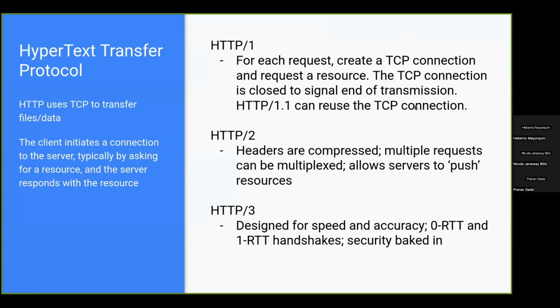So HTTP 2, we had header compression, which allows it to take up less bandwidth, and then multiple requests can be multiplexed, and servers can push resources. We'll look at this in more detail later when we look at requests and the timing graphs and so on. And finally, HTTP 3 is designed for speed and accuracy and has 0 round trip time and 1 round trip time handshakes. It actually does not use the transmission control protocol. So instead of doing like 1.5 round trip handshakes, it can do 0 and 1 round trip handshakes with